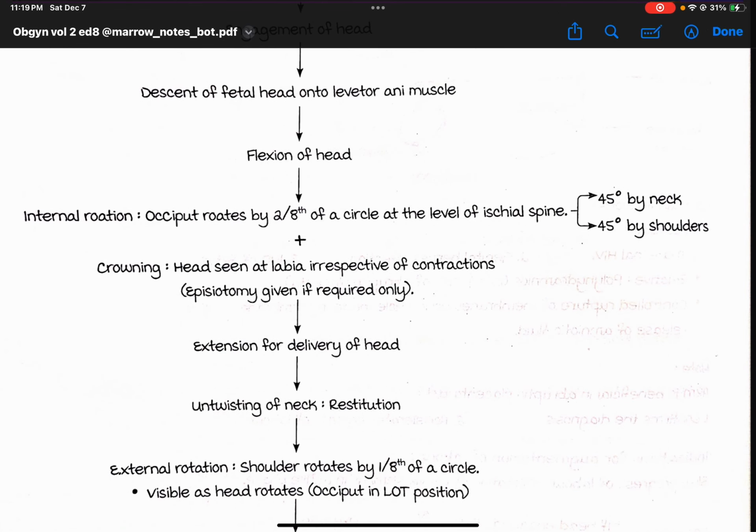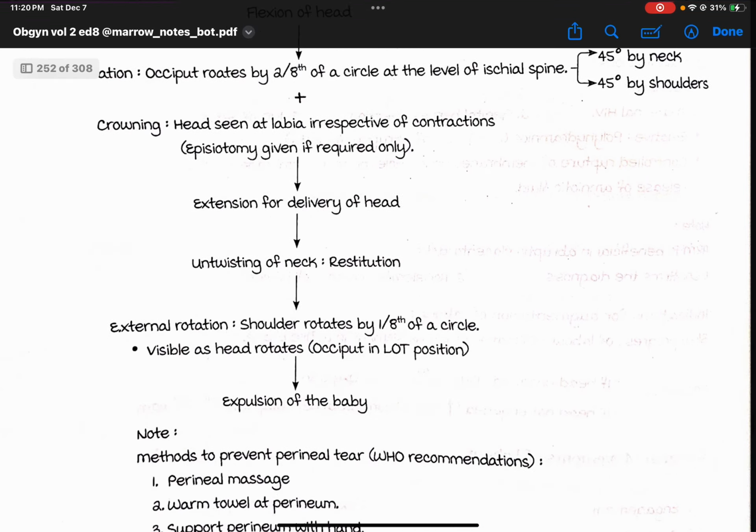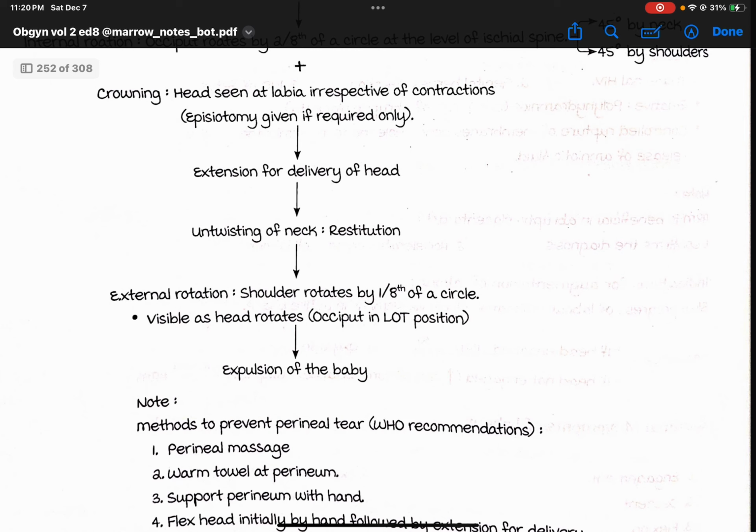occiput rotates by 2/8 of a circle at the level of ischial spine, 45% by neck, 45% by shoulders. Crowning: head seen at labia irrespective of contractions, episiotomy given if required only. Extension for delivery of head, untwisting of neck, restitution,